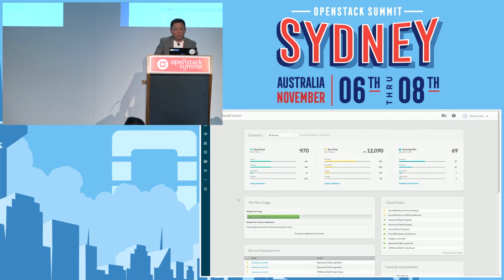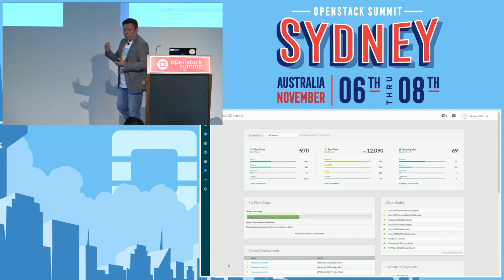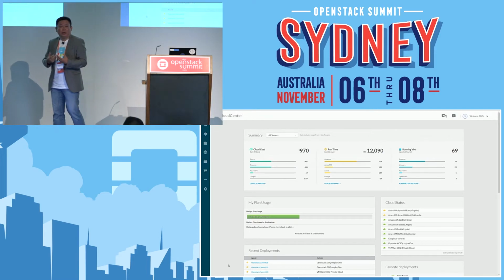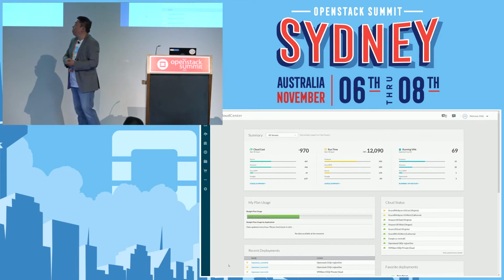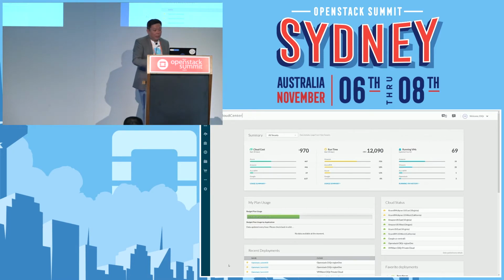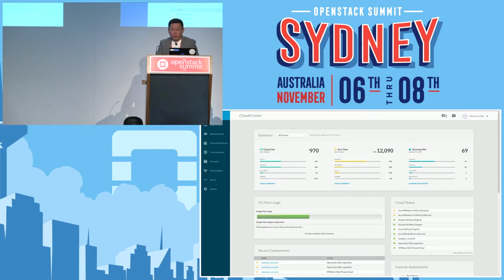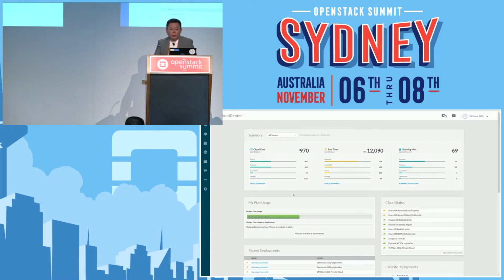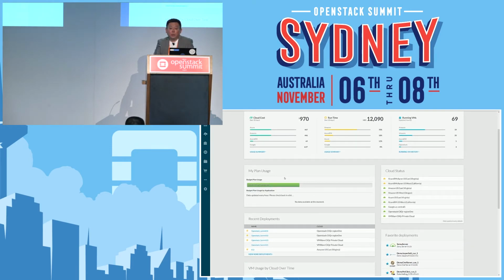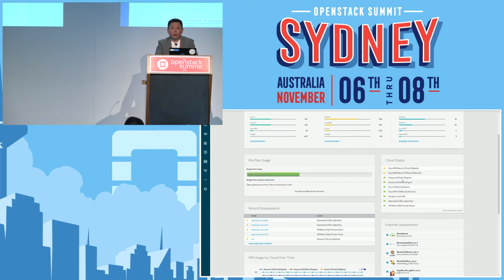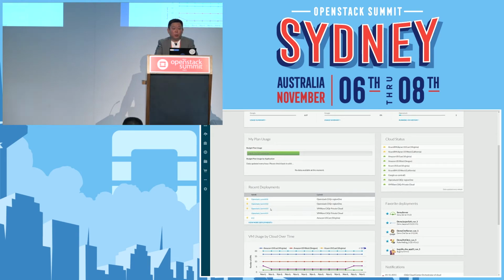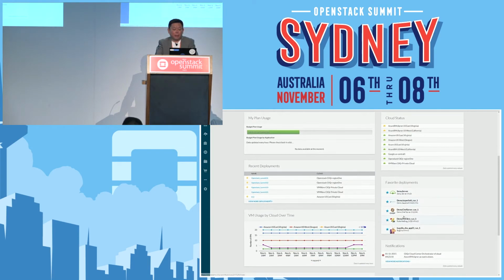Okay, so this is CloudCenter. I've just logged in. And initially, when you look at it, the dashboard actually tells you a wealth of information. So cloud cost, right? I've got multiple clouds here. I've got Amazon, VMware, Azure, OpenStack, Google, a whole list, and different regions as well, right? All managed through here. So I can see the runtime cost in terms of hours, running VMs across all clouds, my usage plan if I'm an end user logging in, my cloud status, whether the region's up or down, recent deployments that I did, and favorite deployments that my team rolled out.